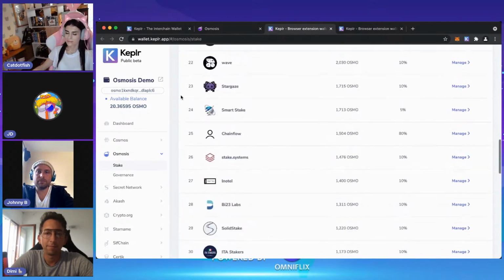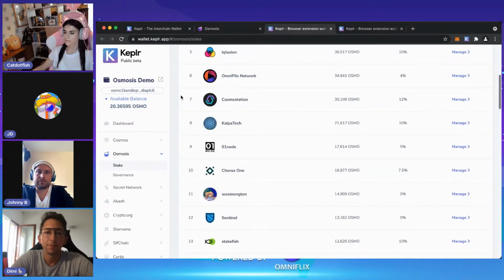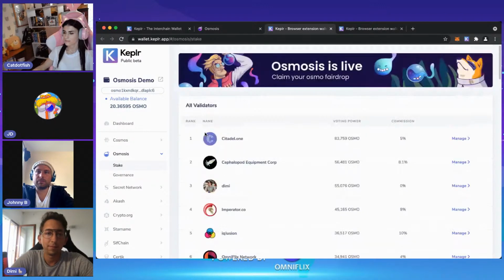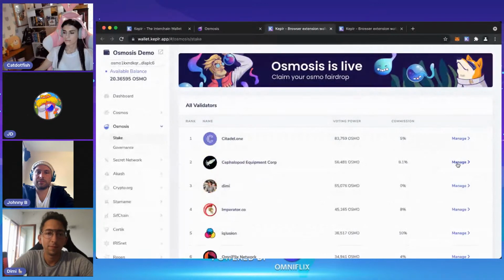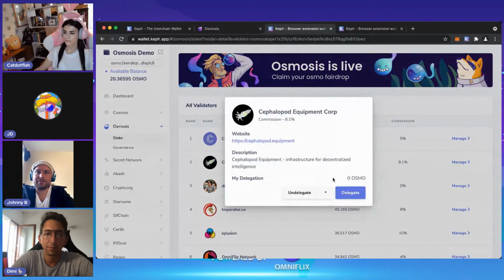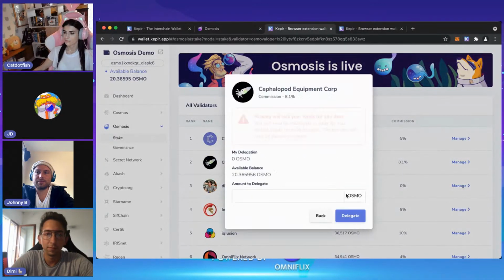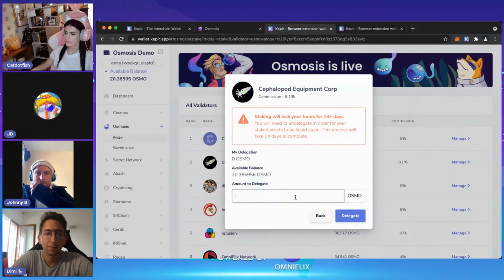So you can go through the whole list of validators. I'm going to go myself with, who should I pick for this one? I'm going to go with Cephalopod. I like cephalopods. Octopuses are pretty cool. Okay, I like Cephalopod Equipment, and so let's go with, I'm going to stake 10 Osmo, half of my Osmo